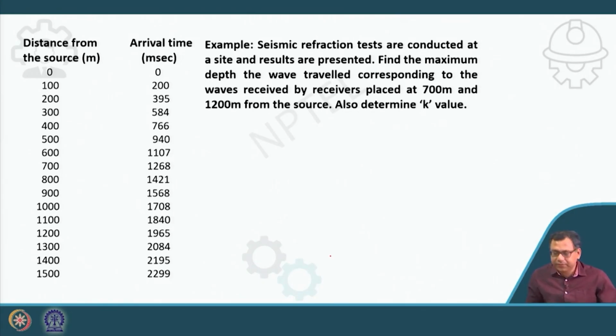So example, seismic refraction tests are conducted at a site and results are presented here. Find the maximum depth of wave travel corresponding to waves received by receivers placed at 700 meter and 1200 meter from the source. Also determine the K dash. So that means we have to determine the K dash, and the maximum depth the wave has reached. Which wave? That is received by the 700 meter geophone and 1200 meter geophone. So that means I have to determine the Z max